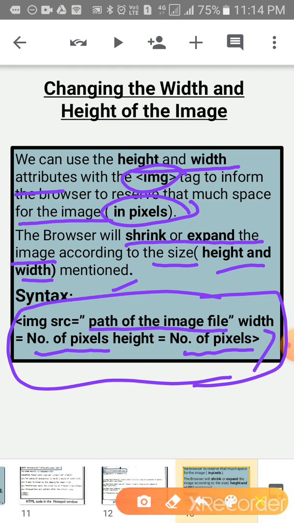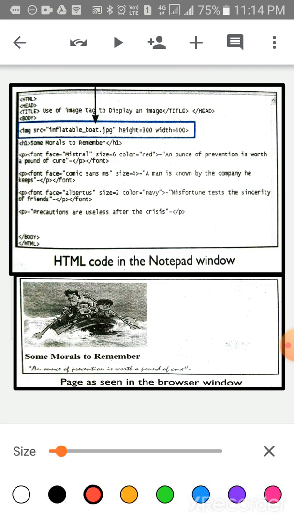Okay children. Now children, look at the screen. Here you can see the HTML code in the Notepad window, and this is the browser window. This is the web page and this is the Notepad.